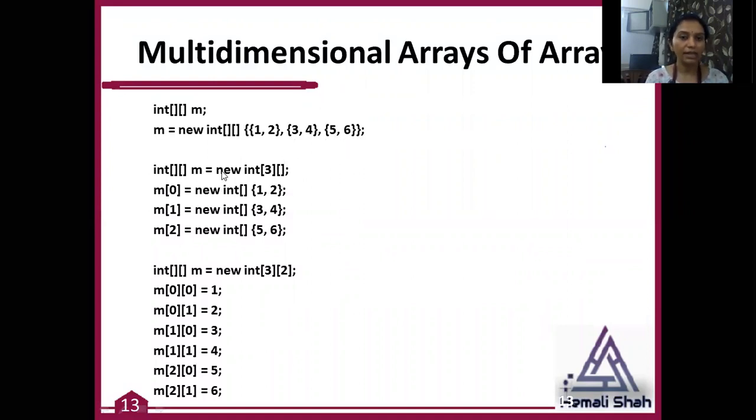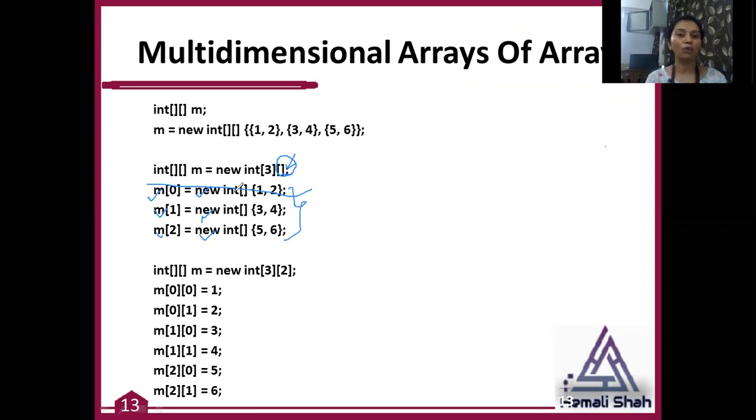Now, another syntax you can create like this also. Giving only the number of rows at the time of creation of the array is also possible in Java. Don't give the number of columns required in each row. This is the correct syntax in Java, but at that time you have to initialize each and every row by using the new single-dimension array creation syntax. Then and only then will this work, otherwise it will not work, because you are not defining the number of columns here. So how will the compiler know how many columns are required in each row? For that you have to write some more syntax.